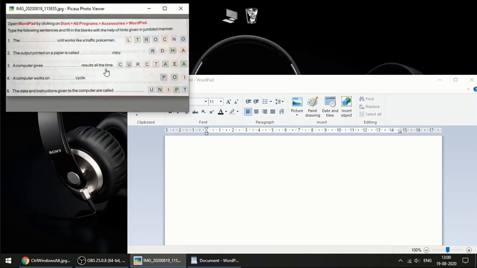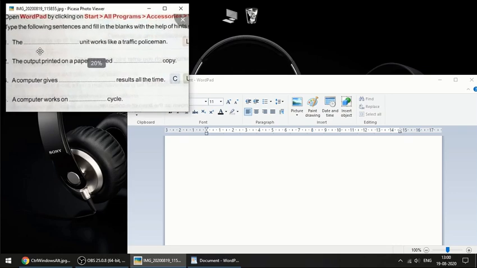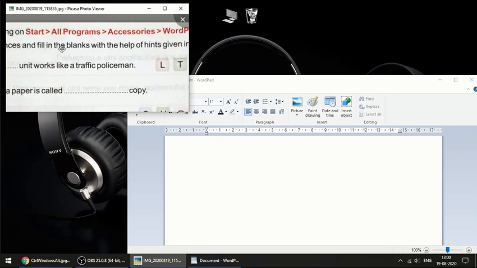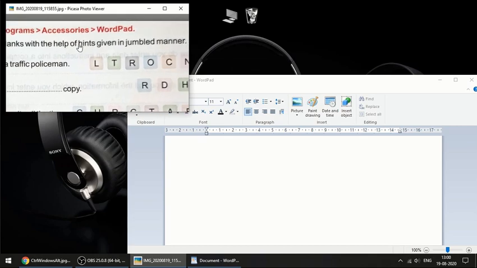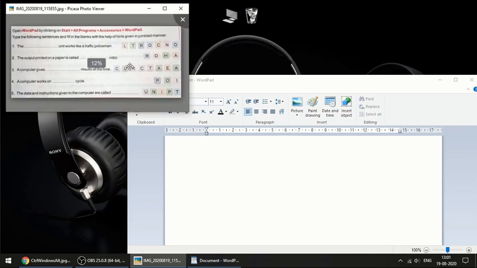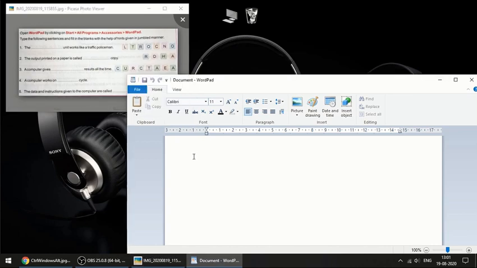Okay, now what we have to do is, we just have to type the following sentences and fill in the blanks with the help of hints given in jumbled manner. Okay, the first one I'm going to type over here. Now you have to pay attention to this part. Okay, let me make the font a little bigger for you. Let's go for 22.